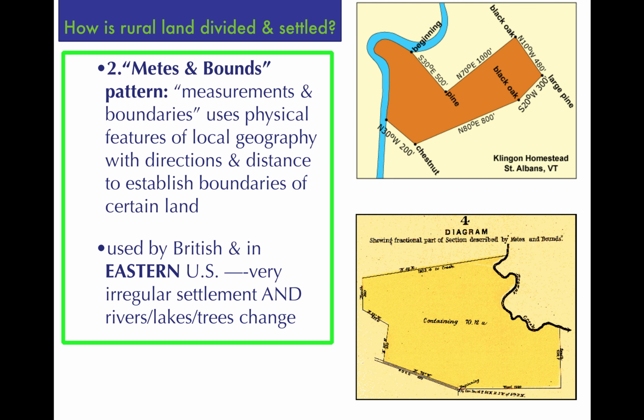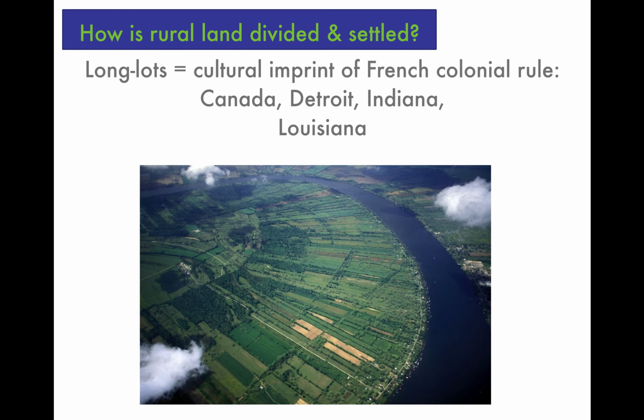Another system that was mostly used by the English and the British, both in England as well as within the colonial territories in the early parts of the colonial history, and that's an important differentiation which we'll get to. This system is called the metes and bounds pattern, which literally just means measurements and boundaries. Rather than the long lot system, which was a systematic pattern,